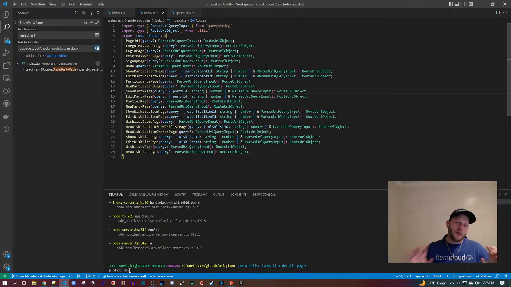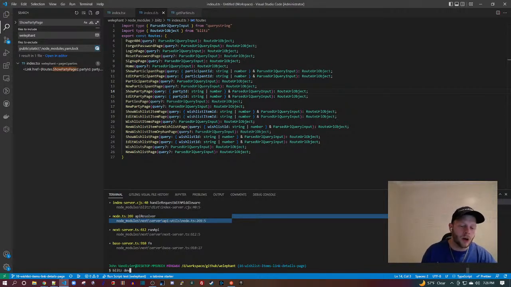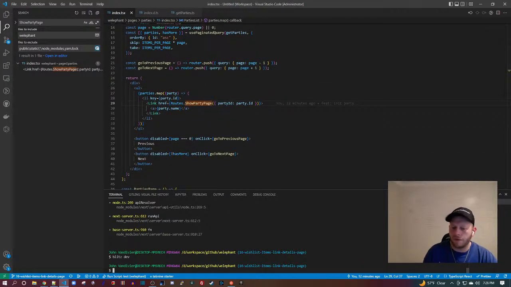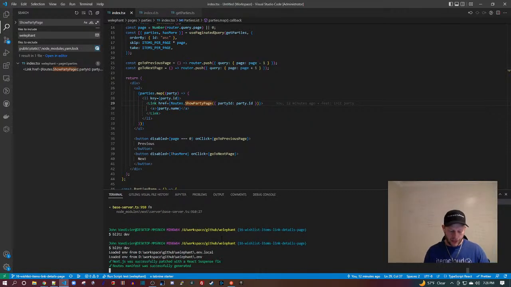So this is basically also a Prisma type generation problem. Or in this case, this would be a Blitz type generation problem because the router is provided by Blitz. So it was the same problem in both cases. Apparently, previously, when I tried to generate all that stuff, I made those participant and party entities. Apparently, I either skipped generating the types or those types changed or broke or something. So literally just recreating the types seems to have fixed all my issues. Now, before we celebrate too early, let's try and run the dev server.